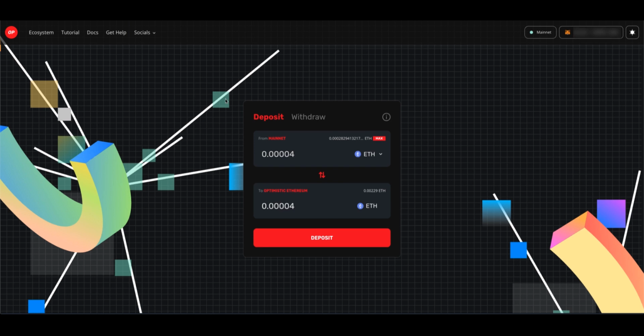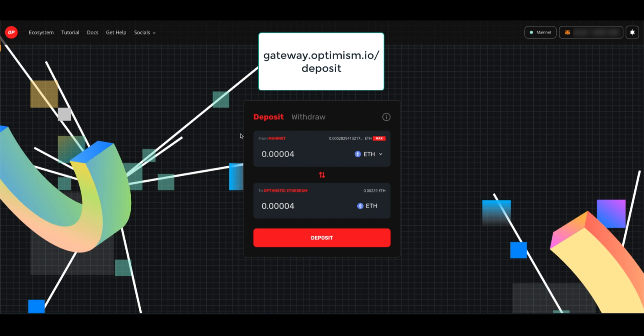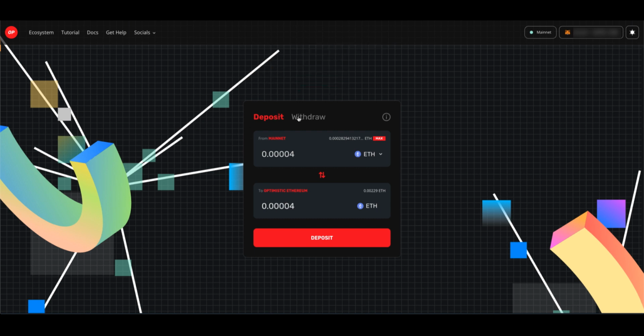for the Optimism Airdrop. Okay, in order to be eligible for the airdrop, you have to go on this page, gateway.optimism.io. I will also link this page in the description. And then you click deposit, not withdraw,